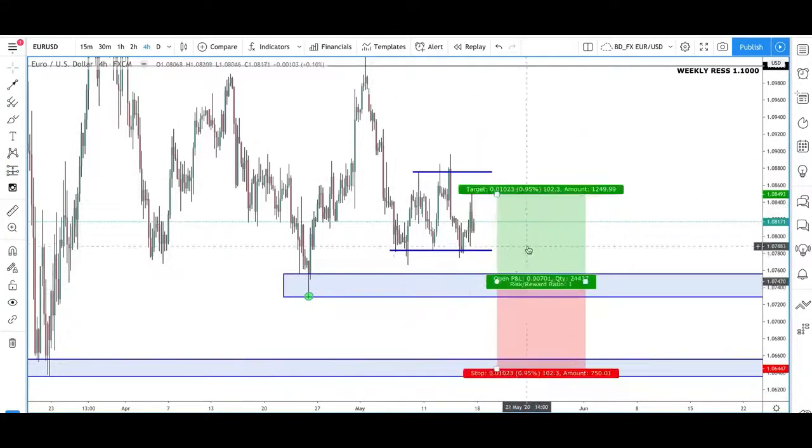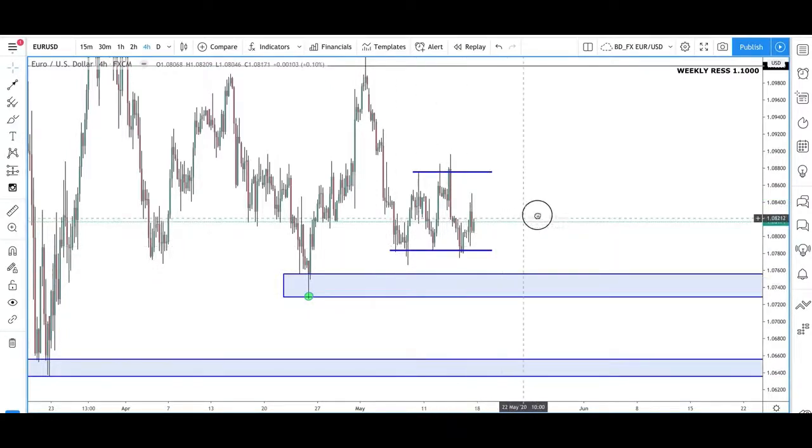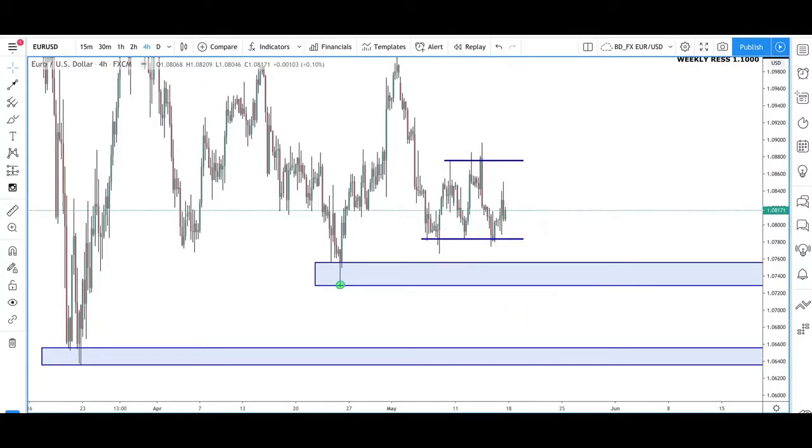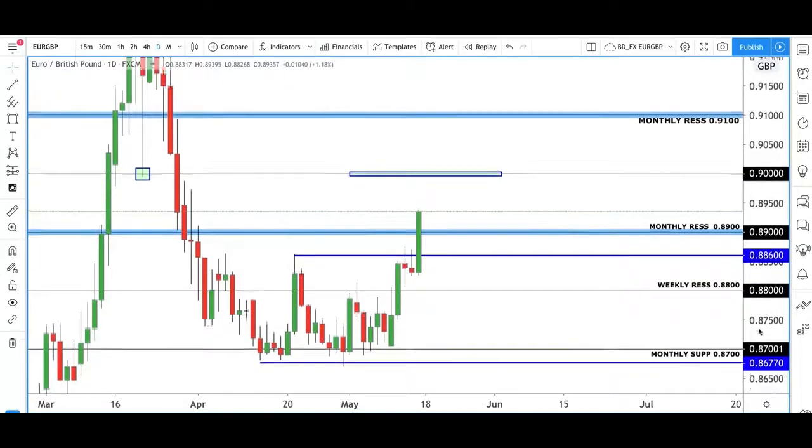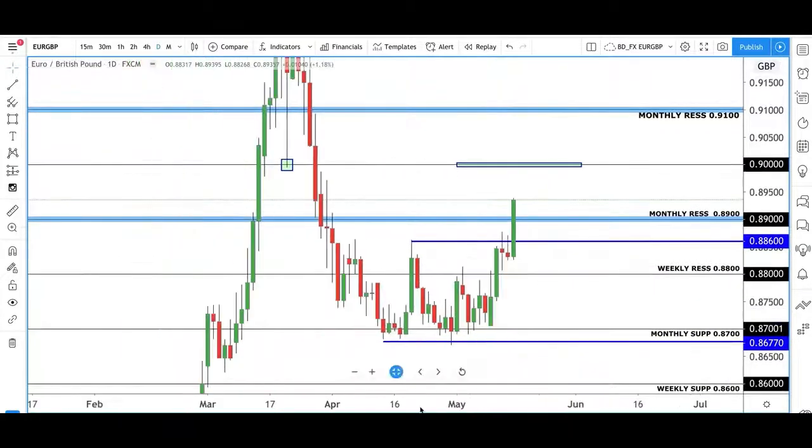So we're just basically stuck in this zone at the moment. I am expecting to come down into these regions. And Euro GBP, I mentioned this last Friday, that this is one of the pairs that I'm going to be looking out for a big swing. At the moment, I think we've got another, what are we at? Another 70 pips to the upside.